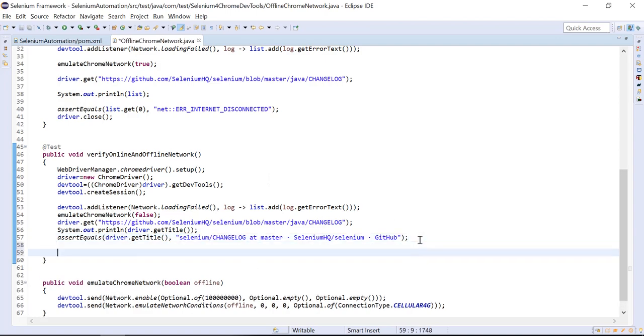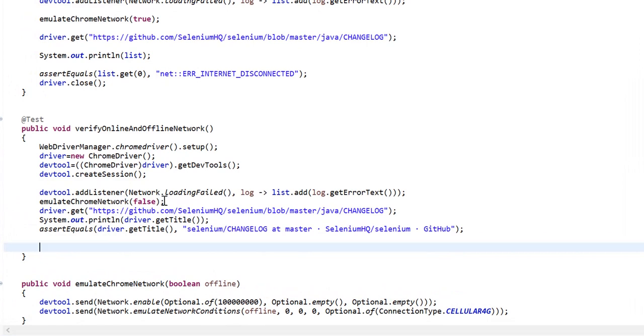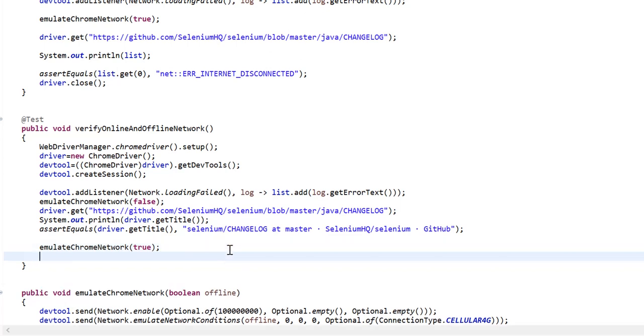Now what I'm going to do here, now this time we can see the network is on, and same browser I am going to network make it true. And what I'm going to achieve here, I'm going to verify again the title.